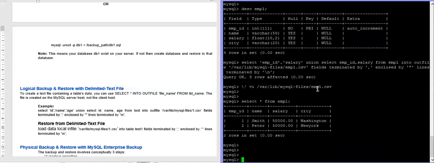Now let's suppose I want to load 2 more records into this table, and because I have only empid and the salary, if I load into this table, only 2 records will come with empid and the salary. Let's do that. Copy it.